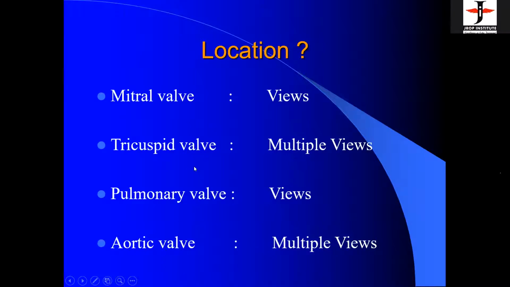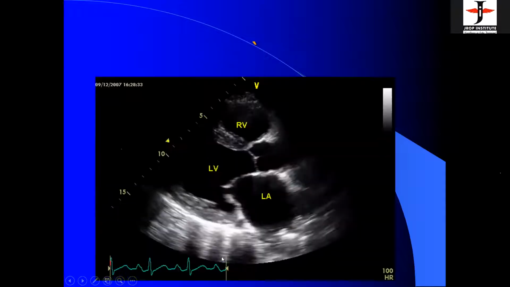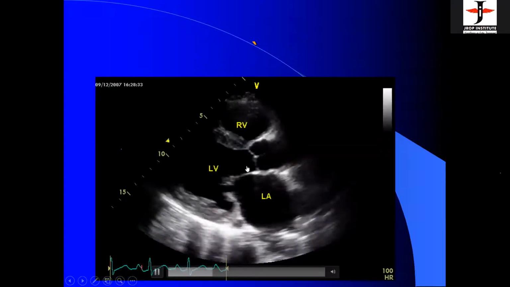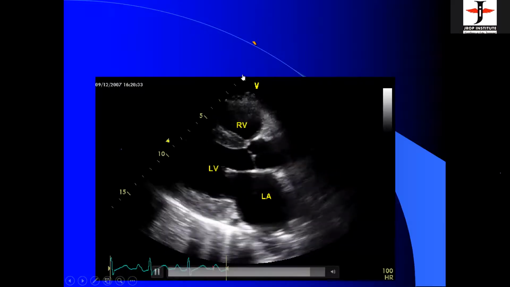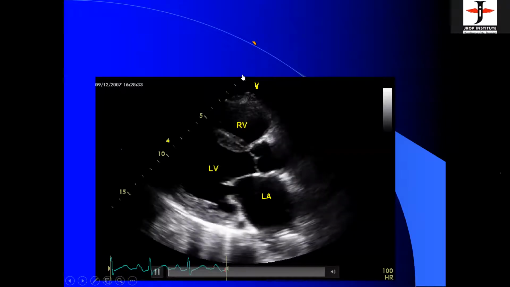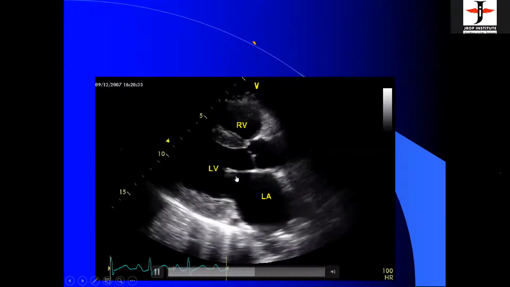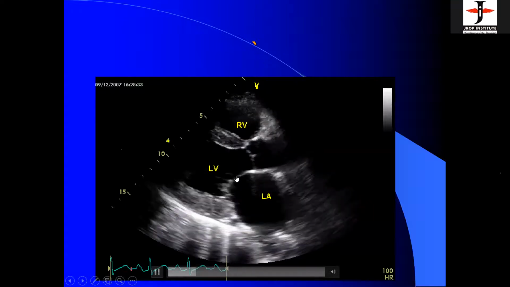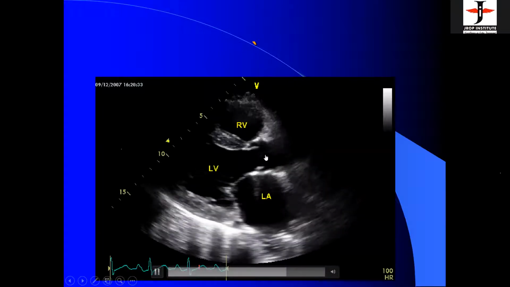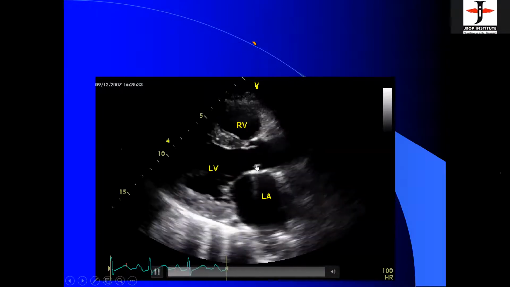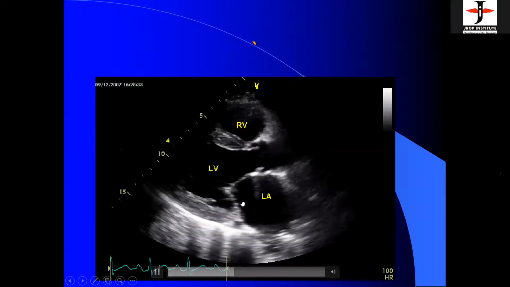Wherever, because in these views, the aortic wall is seen in many scan planes and you can be parallel to it. For example, suppose this is a parasternal long axis view, this is aortic wall, this is LV, this is mitral wall. Now the transducer is pointing from above downwards. So you are perpendicular to the flow. So this view is not ideal for taking any mitral wall or an aortic Doppler also, because for aortic also, you are perpendicular. For mitral wall, you are also perpendicular.